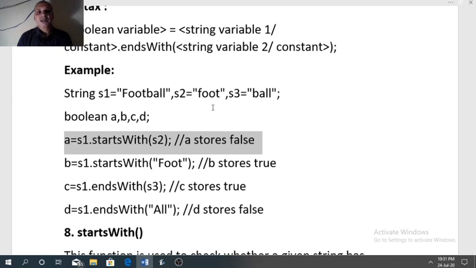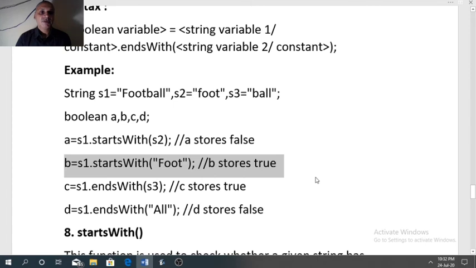Actually, football starts with foot, but the case of the letter is not the same. This is the reason football does not start with foot. So the function will return false value. Now B part.